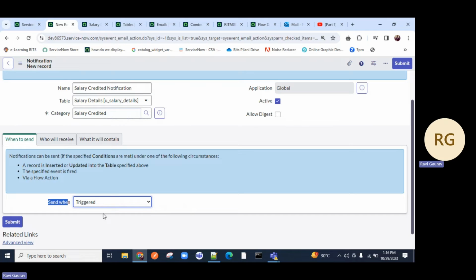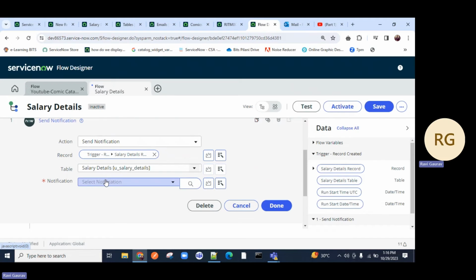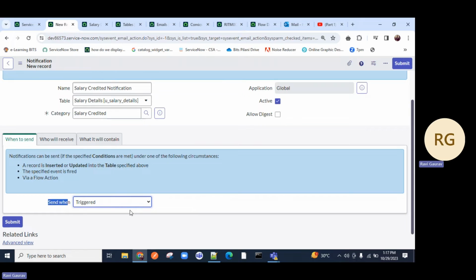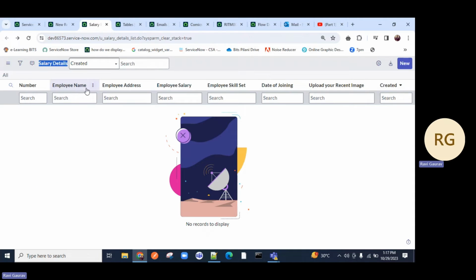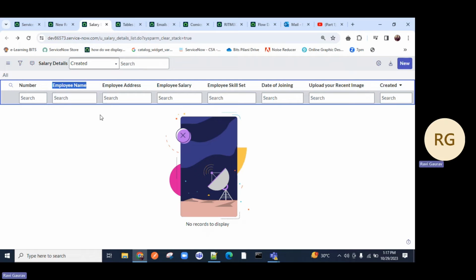So when the notification is triggered, it will be called on the flow designer, this part, because you can see here record condition is trigger record. So always remember, when you create a notification, you should be using triggered. Who will receive is all up to you. So my requirement is from the salary table, employee name means whoever the employee is, he is going to receive